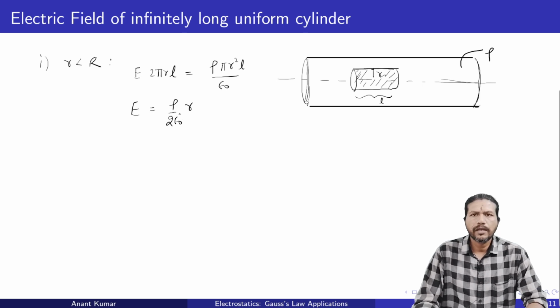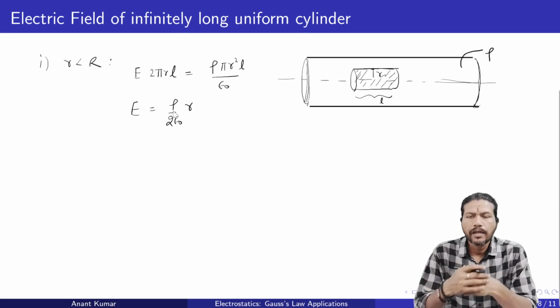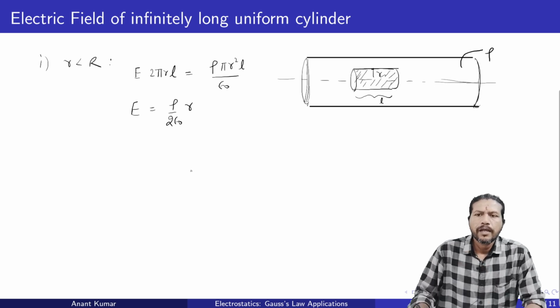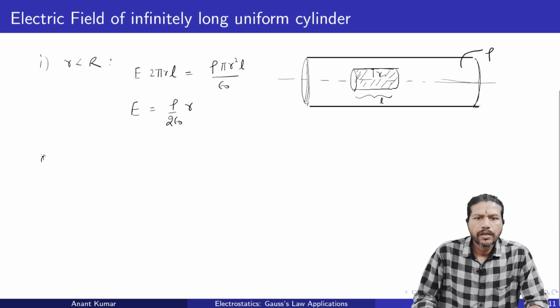Fine. So it once again is varying in a linear fashion, but this time r is the distance from the axis. r is in this case the distance from the axis of the cylinder. Once again, if I go to the outside region, r becomes more than R. For example, if I go over here,